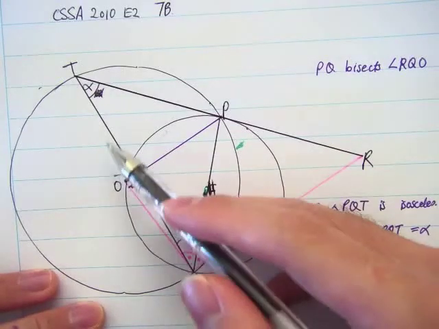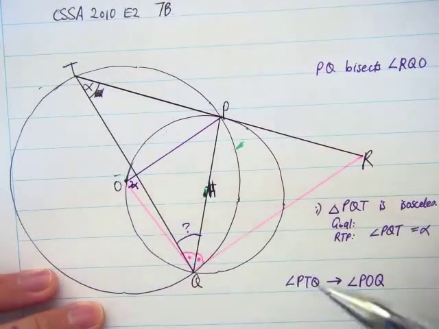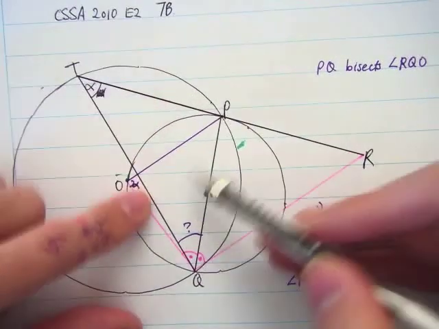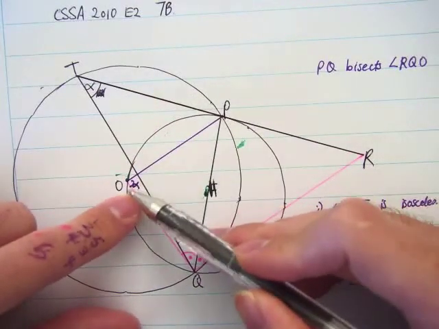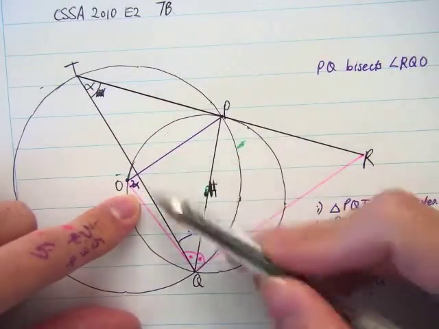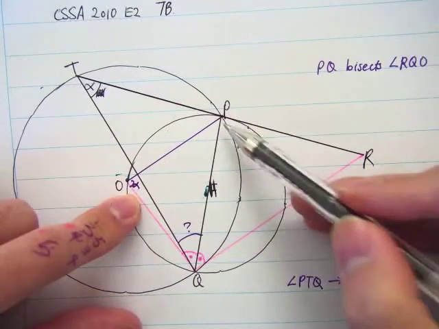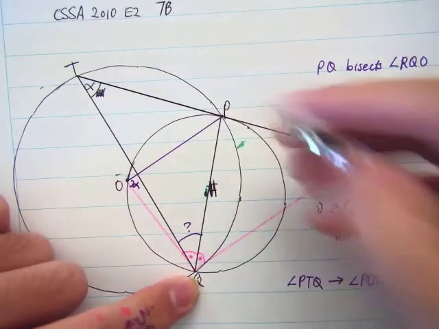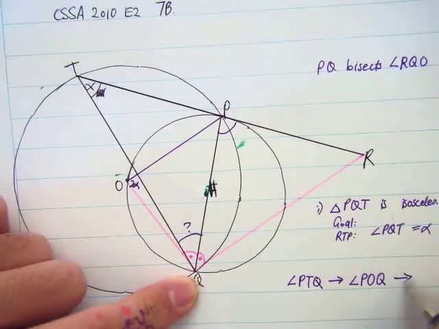Angle at the center is twice the angle at the circumference. Now, having done 2 alpha, we can look at this angle 2 alpha and go, well, that is part of the smaller circle. In fact, not only is it part of the small circle, it's subtended by PQ, which also makes an angle